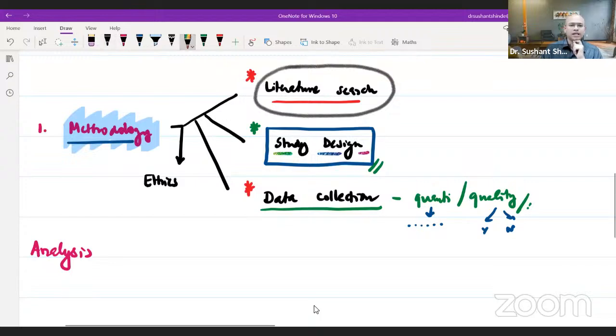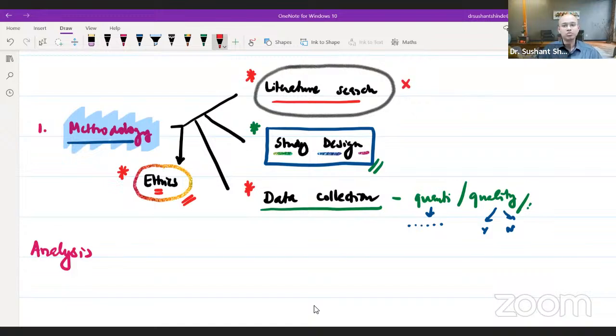Was whatever was being done ethically correct? Right? Very often this is not breached. The medical literature world is very strict about it, that ethics should be followed. But when you are planning your own trial, are you doing ethically correct designs? Is your work ethically correct? Do you know how to get it reviewed by an institute, the review board? Are you someone who understands the limitations of a design or a question when it comes to ethics, right? This is usually not a problem. Once you are into the flow, you won't make mistakes here.